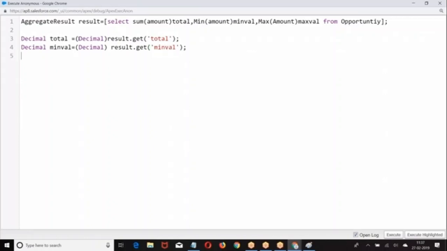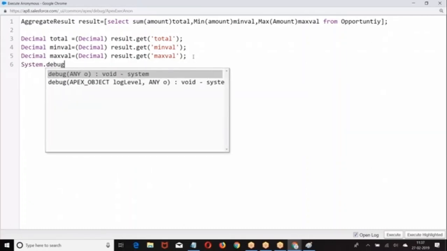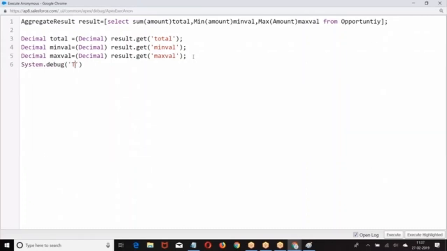Whatever alias names I have given, with the help of those alias names I am getting it. This is how we got it. Then I'm trying to print, System.debug.